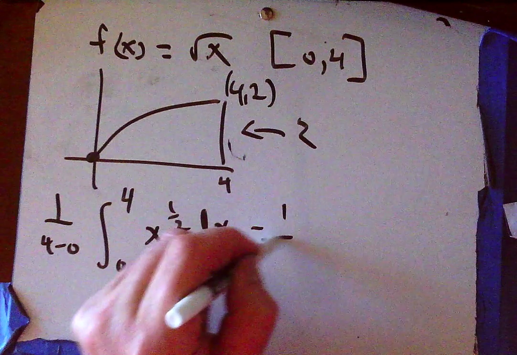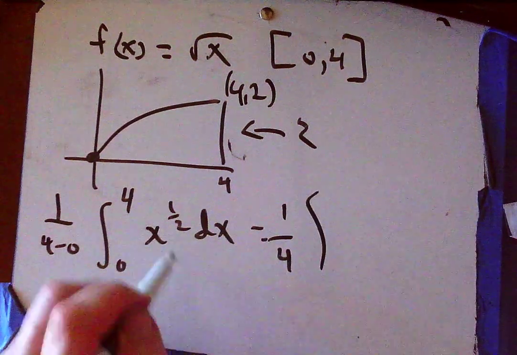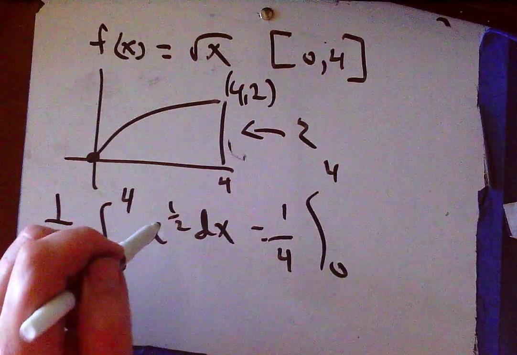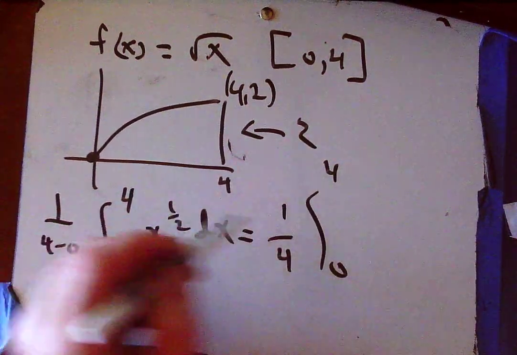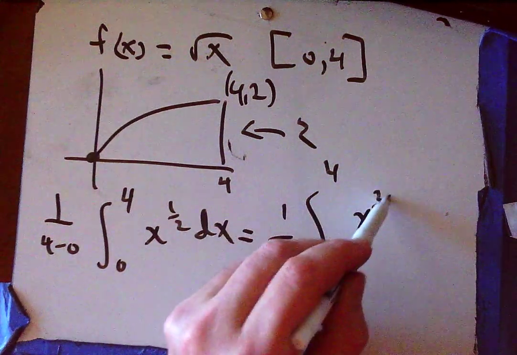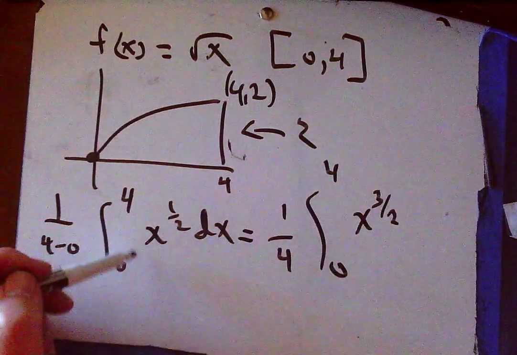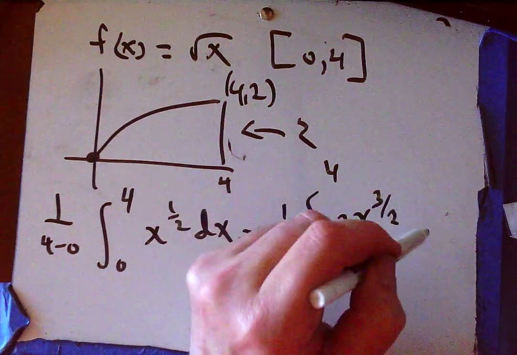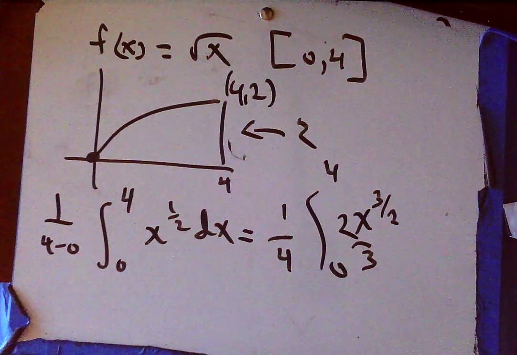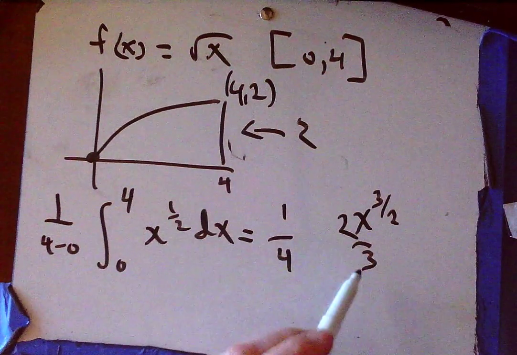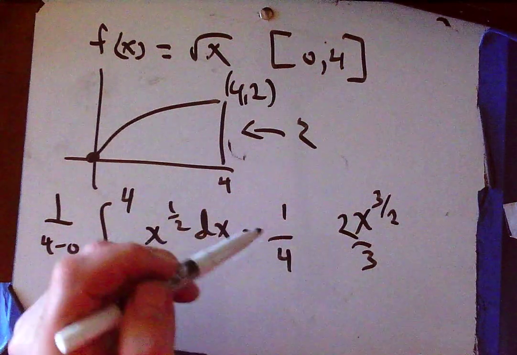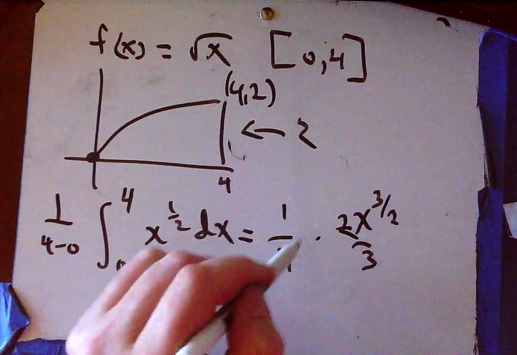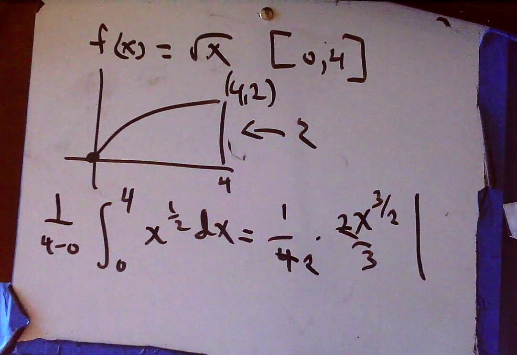It's going to be 1 over 4, integral 0 to 4 of, what are we supposed to do with that? We are supposed to add 1. But wait, if I take the derivative of this, and then see a 3 halves here, so 2 thirds. This is the antiderivative of that. So I'm looking for this. I could do some canceling. And now I want to know my